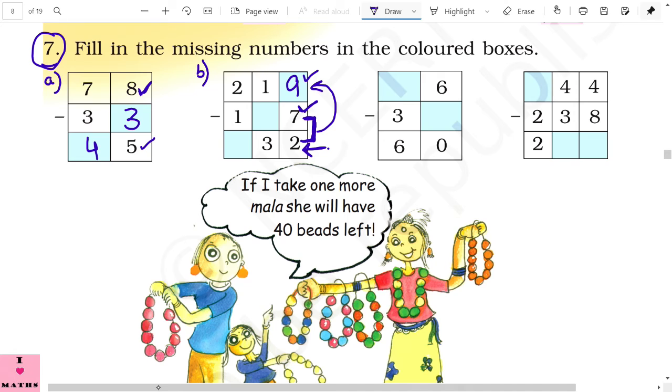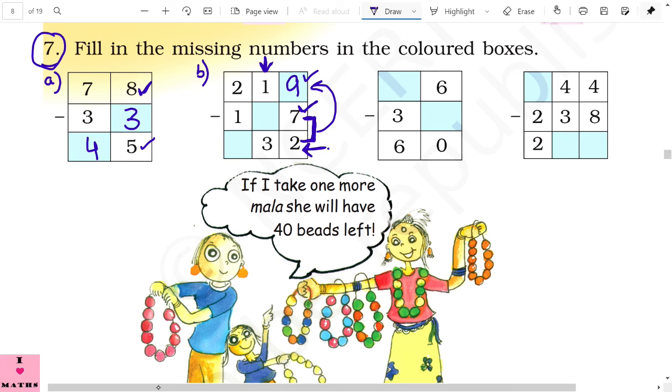Okay, now we come to the tens place. This is the tens place. Now something has to be subtracted from 1 so that you get the answer 3. Now children, we cannot subtract anything from 1 to get the answer 3. But we can subtract something from 11 to get the answer 3. But you would be thinking, why should we subtract something from 11 when here at tens place there is only 1?